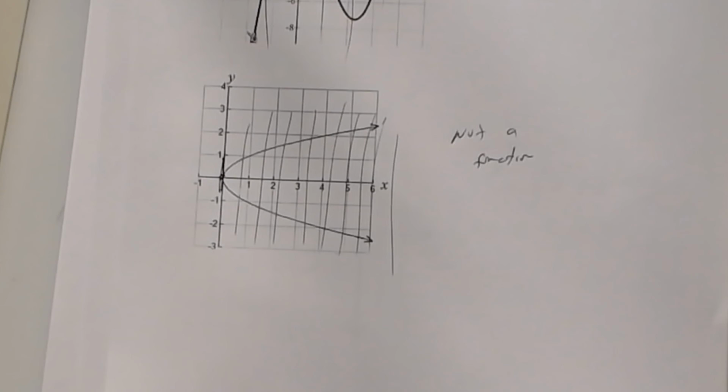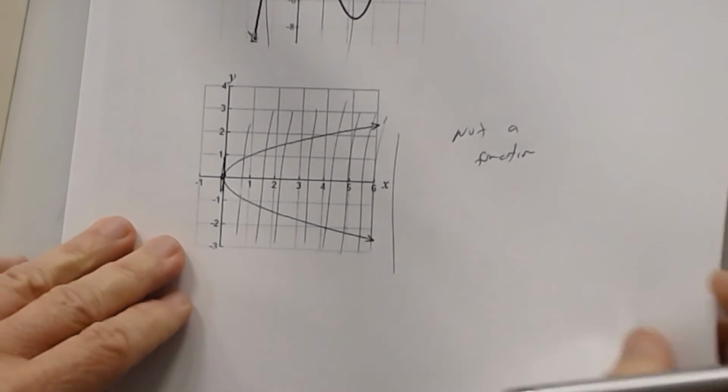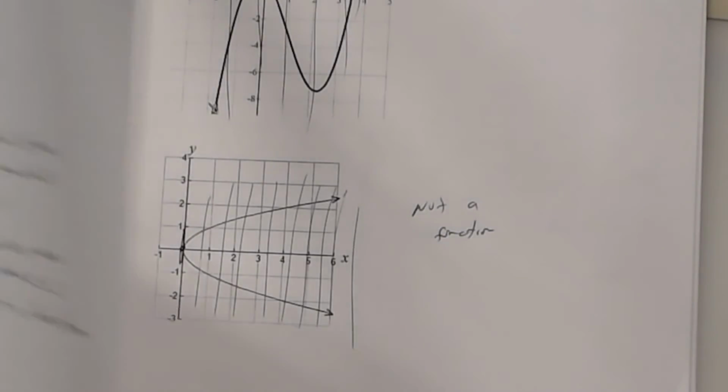All right, so that takes care of that. So given a graph, you can easily determine if it's a function or not. Okay? All right, so that was that one. So I think that was all the graphs on that part. So that's called the vertical line test. All right, now,